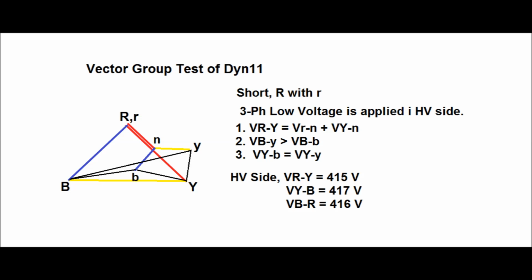There are 3 conditions. If these 3 conditions are satisfied, then the vector group of the transformer is called Dyn11 type. The condition 1, that is